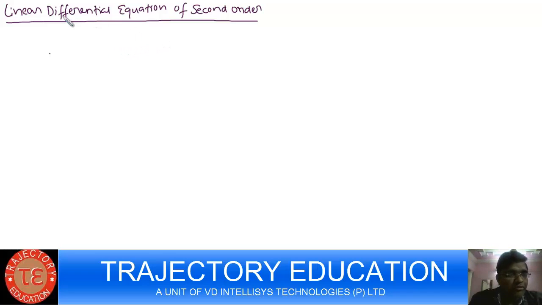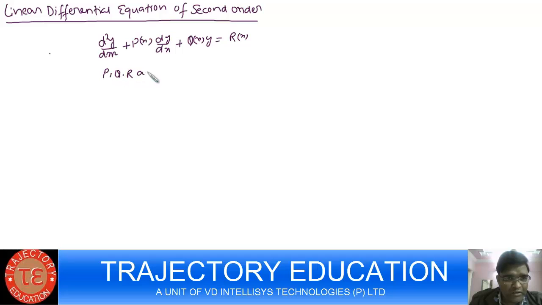Now we will move into the new chapter, that is linear differential equation of second order. The standard form of a differential equation of second order will be d square y by dx square plus p(x) dy by dx plus q(x) y equal to r(x), where p, q, r are either constant,